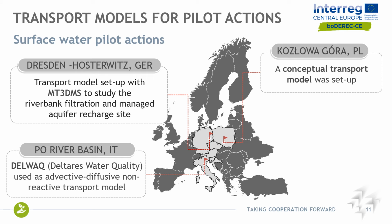Even more complex is the situation for transport models. So in the first step, we try to model how much water is available in our systems and where it comes from. In the second step, we wanted also to observe what is the fate of the contaminants of PPCPs in the environment. Here we had to tackle several issues, like, for example, very low data availability in order to validate and calibrate the model. Nonetheless,